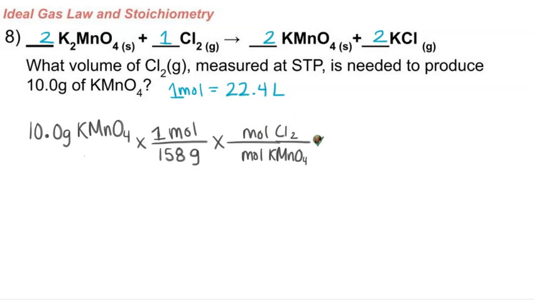And since this is at STP, we know that 1 mole of any gas at STP fills 22.4 liters. We don't need to use the ideal gas law, we can just use that conversion factor. All we need to fill in is our mole ratio. For every 1 mole of Cl2 that is consumed, we get out 2 moles of KMnO4. So we just need to multiply and divide. 10 divided by 158 divided by 2 times 22.4. And when I solve this, I get